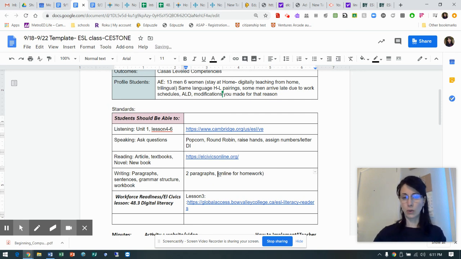It's possible that we can assign that. If folks who are working can't get to it, well, guess what? They can't get to it. They're an adult student. They're not K through 12. So if it's important to them, they'll make time for it. If not, they'll come to office hours and you can help them work through that individually. And that's always an option. That's what we're here for. And that's showing you teacher worth. That's what you're there for, right?